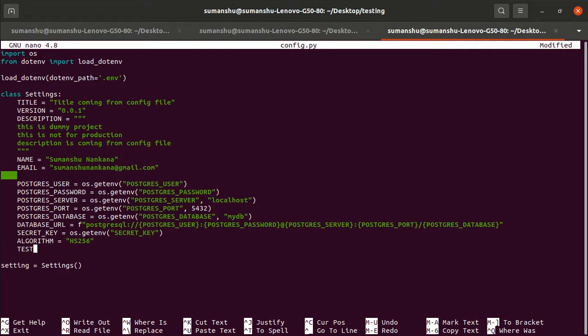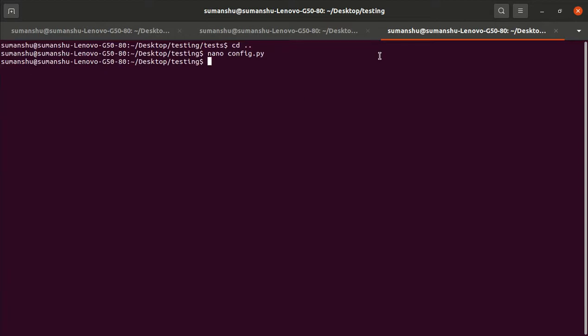And test email is equal to user1@user1.com, and test password is equal to user1. And we will access this email there.